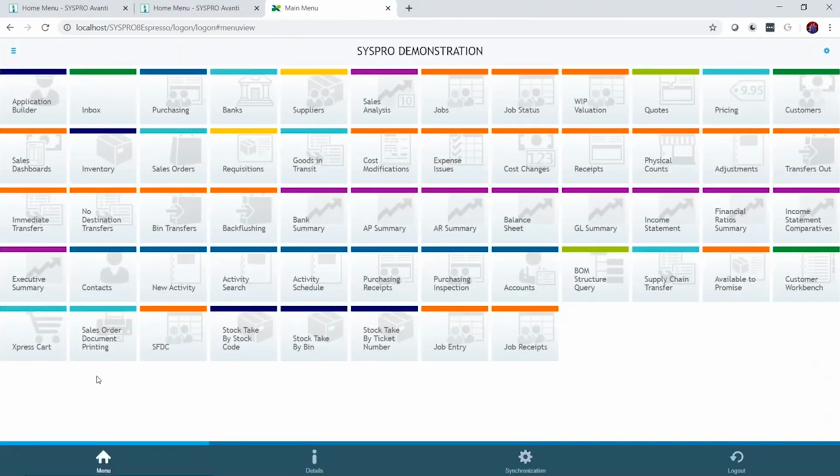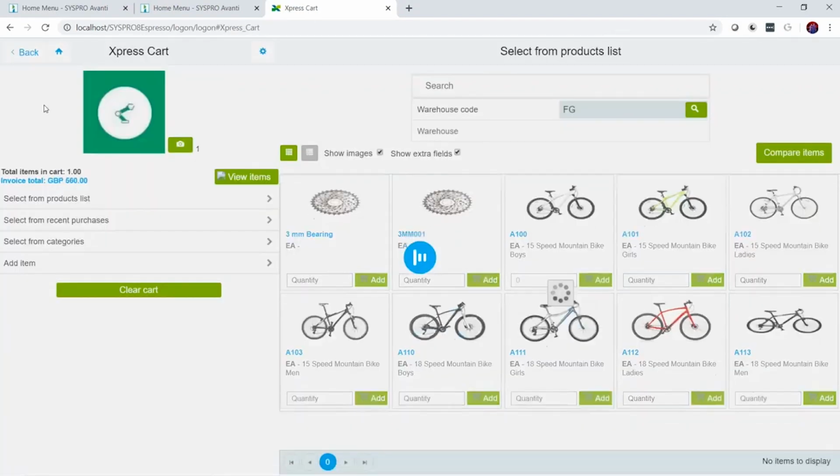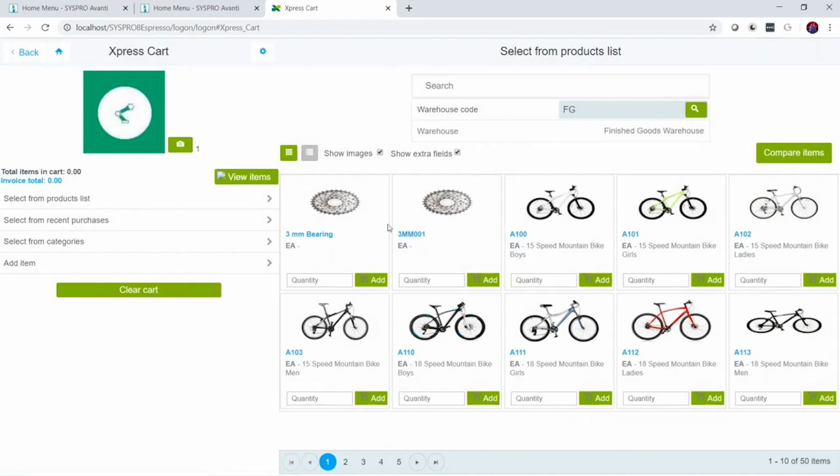Instead, I'm going to use something called Express Cart. Now, this is a really simple and quick way to add sales orders into SYSPRO directly. So again, I'm going to use customer one. And from here, it's going to give me my product list, pulling through, again, all my multimedia. I can use the search to narrow down items,